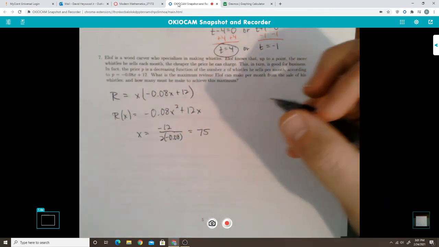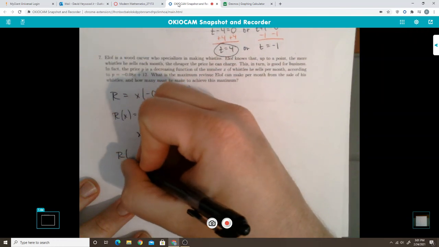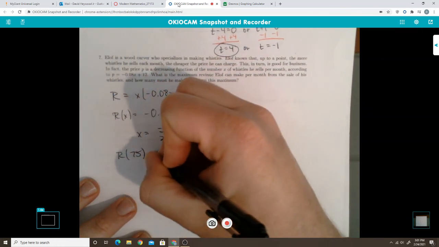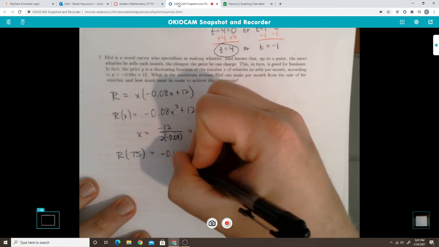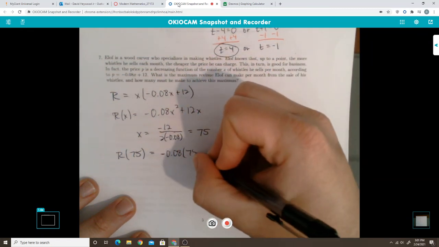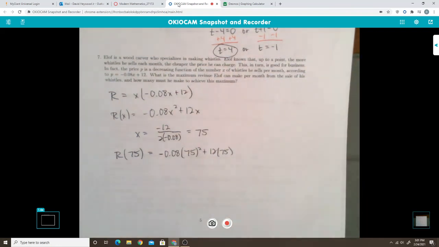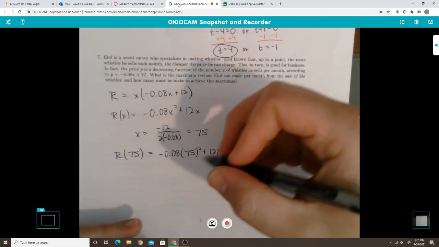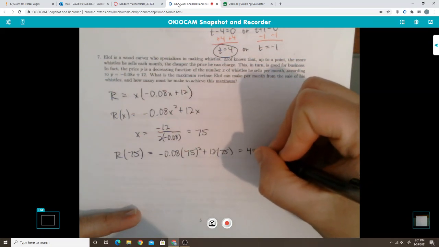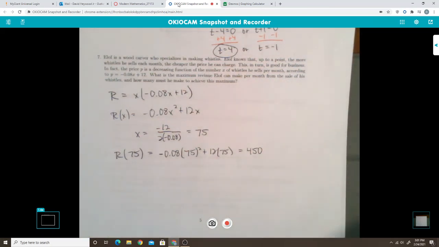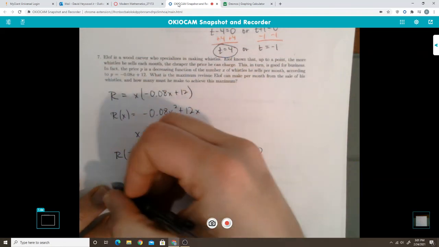Okay. And then R of 75 is negative 0.08 times 75 squared plus 12 times 75. And what does that come out to? Negative 0.08 times 75 squared plus 12 times 75 is 450. Okay, so the maximum revenue that he can make,